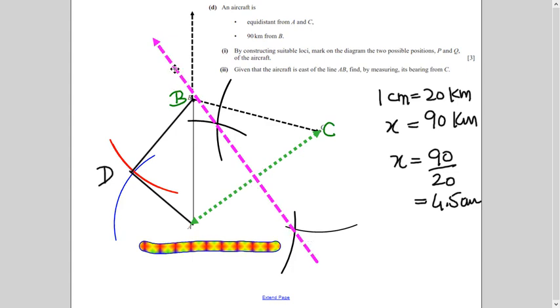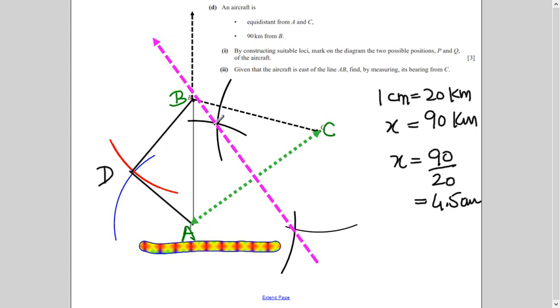No matter where I stop on this purple line, or pink line, and then measure my distance from point A or C, the answer will come the same. This is what he's talking about, equidistance, right? And don't worry about this, I have just drawn it here. It has nothing to do with the question.